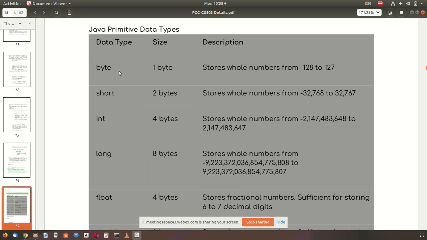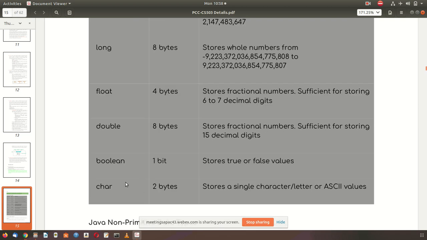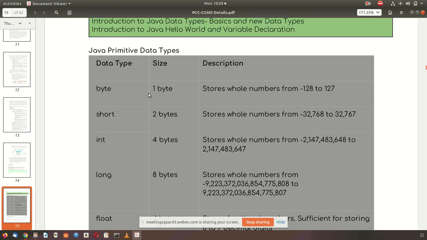The sizes: byte is 1 byte, short 2 bytes, integer is 4 bytes, long is 8 bytes, float is 4 bytes, double is 8 bytes, boolean true or false 1 bit, character 2 bytes. So these are the sizes that are used in Java.